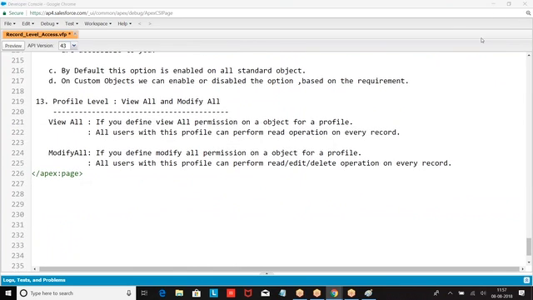Now, still we have two more permissions. Modify all data.